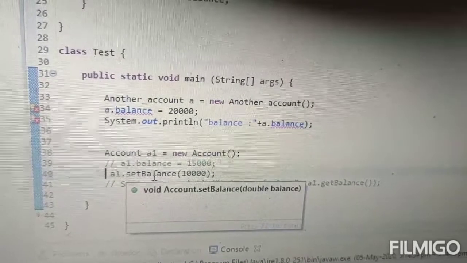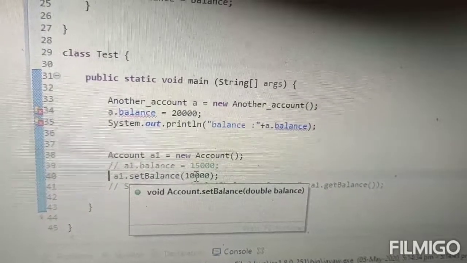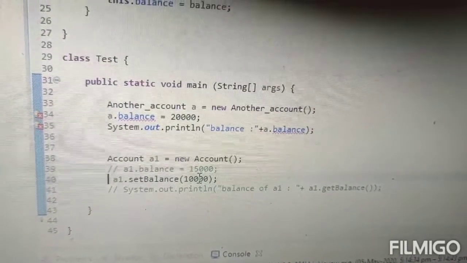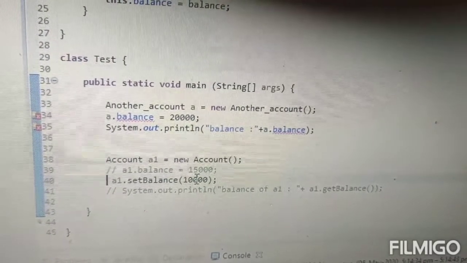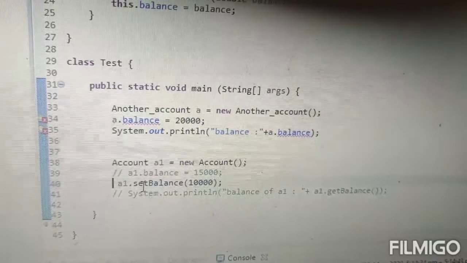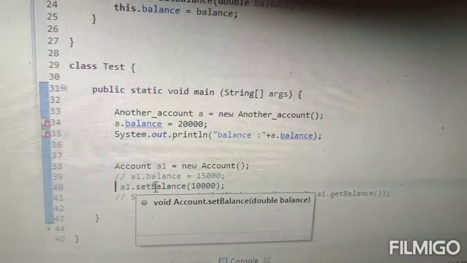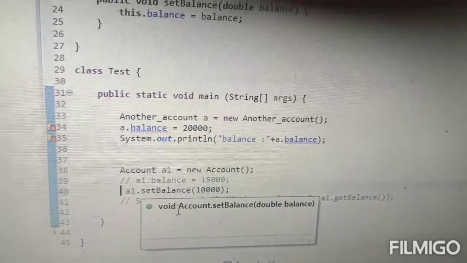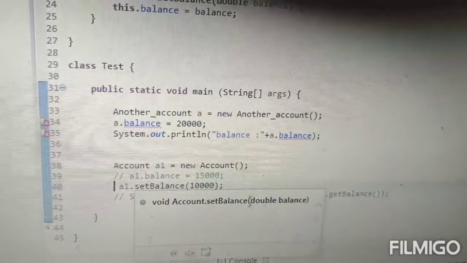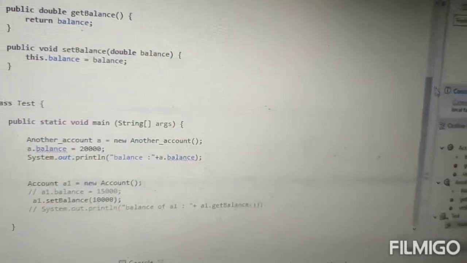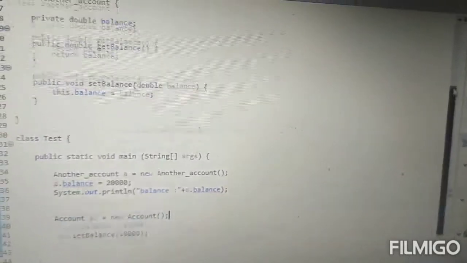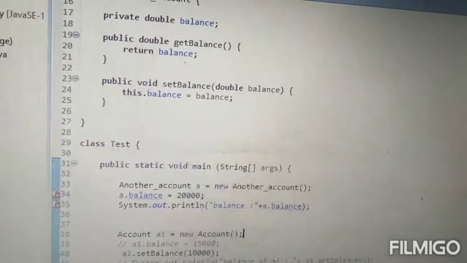I passed 10,000, which is the amount I want to set as the balance. So I call setBalance. This is a public method. I'll show you guys where that method is present. It is present here only.